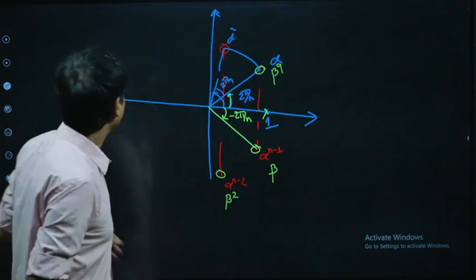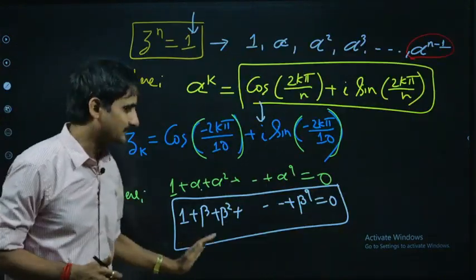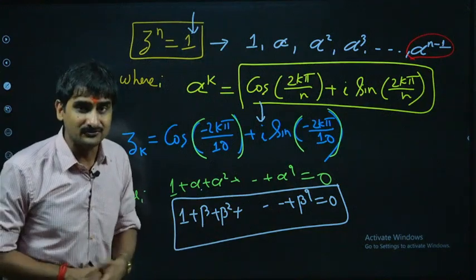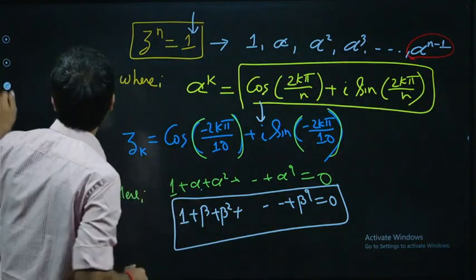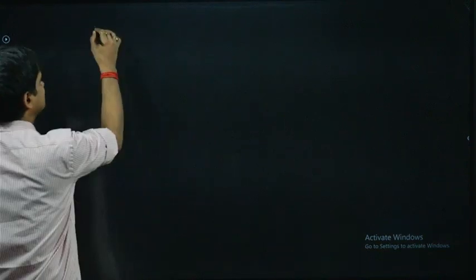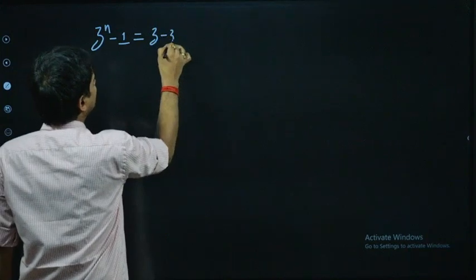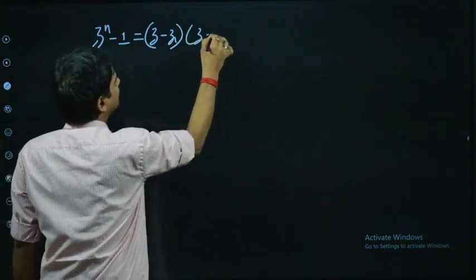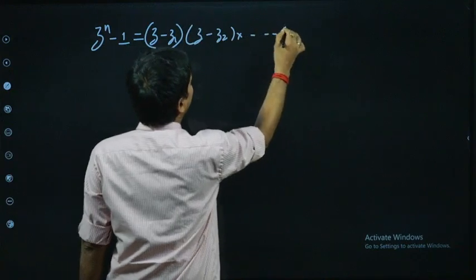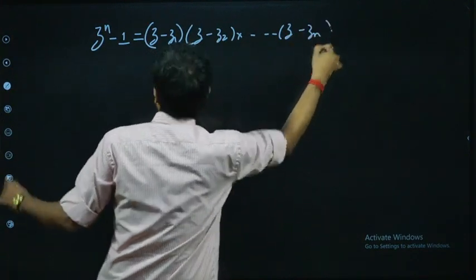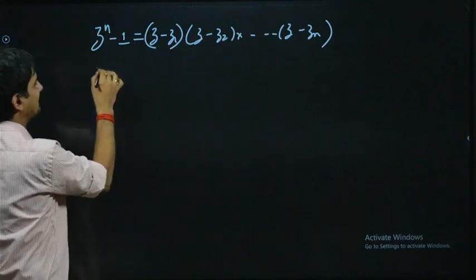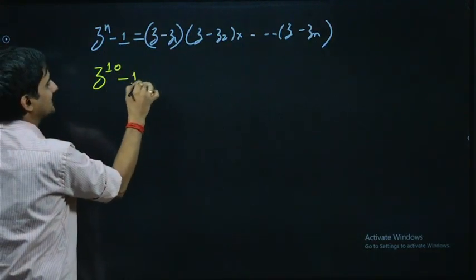Clear? So now, as I wrote here, you have seen that we are talking about the 10th roots of unity. Again, a very important concept: if we have the roots of an equation, we can write it in factor form, and this is how we write it. So for z raised to the power 10 minus 1, I can write it as